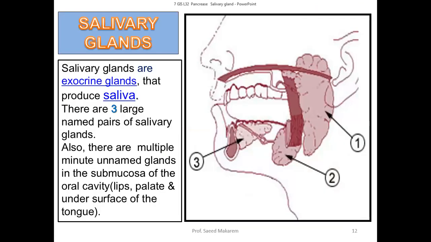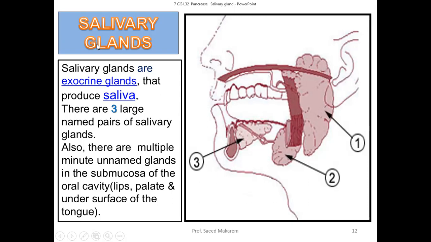Now coming to the next organ, that is the salivary glands. Salivary glands are exocrine because they have ducts, so they are not endocrine, they are exocrine glands. But the pancreas, as we said, is both exocrine and endocrine. So that part of the exocrine and endocrine we will study more in histology as well as physiology. We will not go into details about what the secretions are, which part, everything.